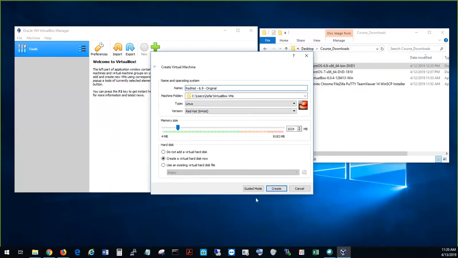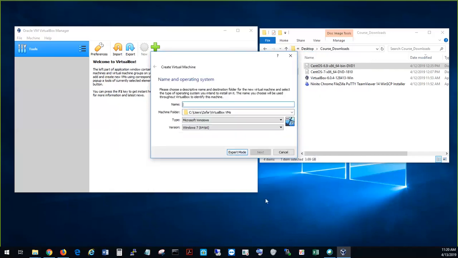And let's see here. Okay, actually for the first installation, go into guided mode. Okay, click on guided mode,